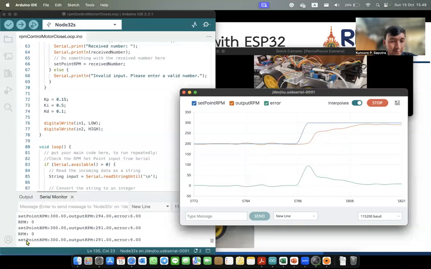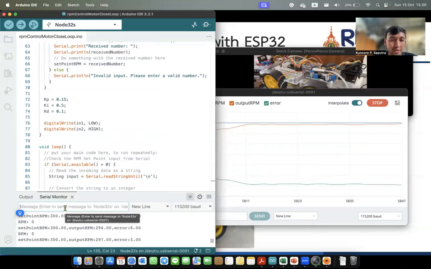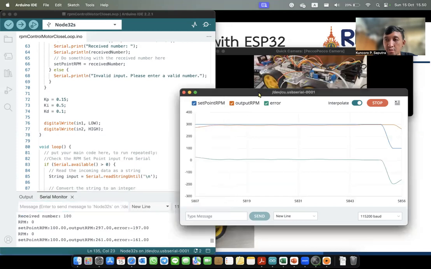So our set point is 300 and our output RPM from the motor is 291. If we decrease the RPM now, for example to 100 RPM, the motor should decrease the RPM and follow like this.